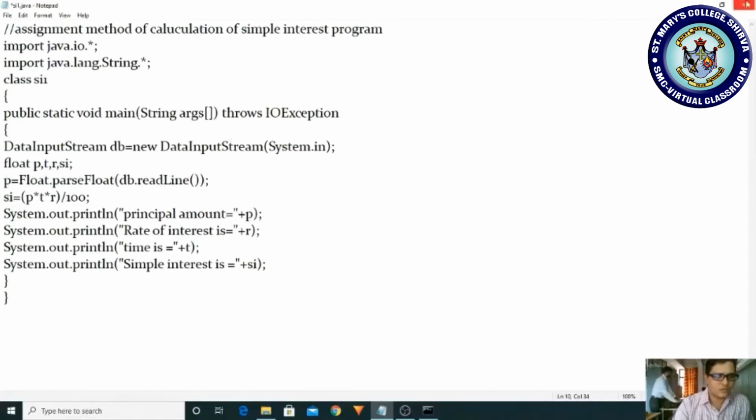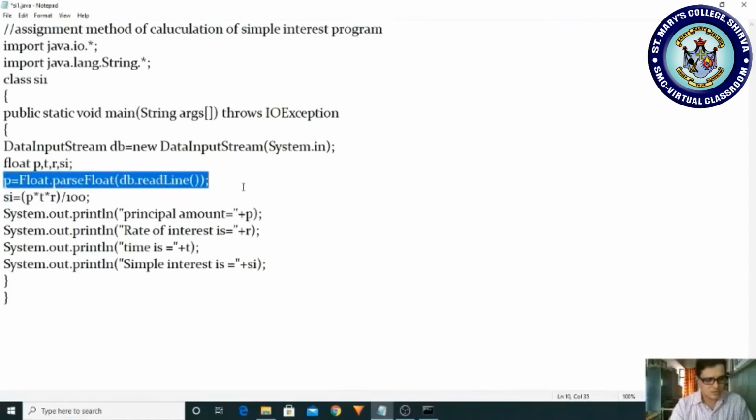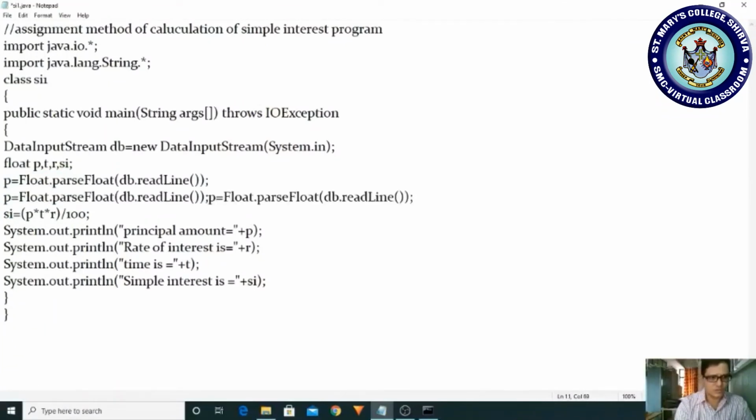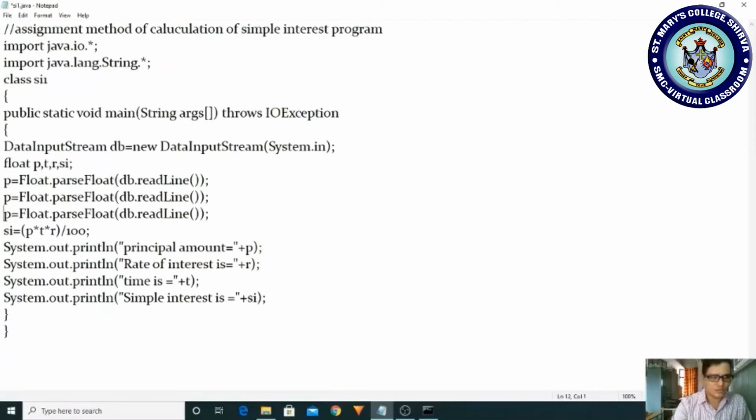In the same sense, I am doing it for time and rate of interest. Okay, I'm copying and pasting. Semicolon is a terminator. We are reading for the t, we are reading for the r, right? Afterwards comes the processing and we are displaying the result.